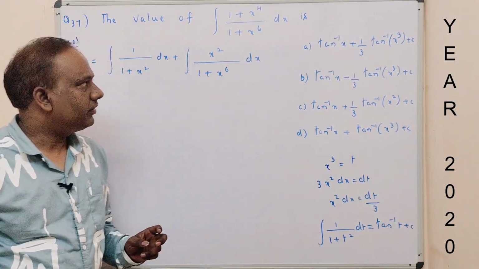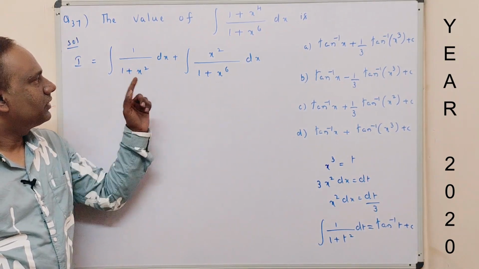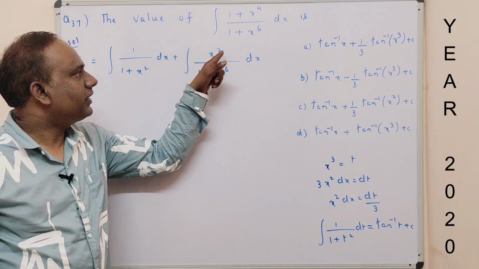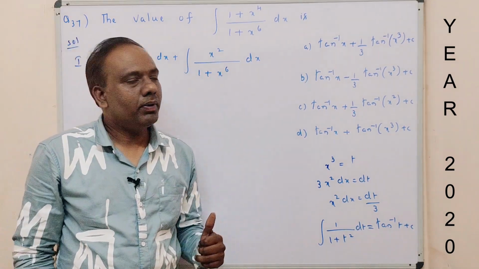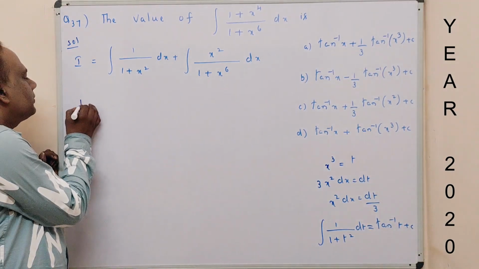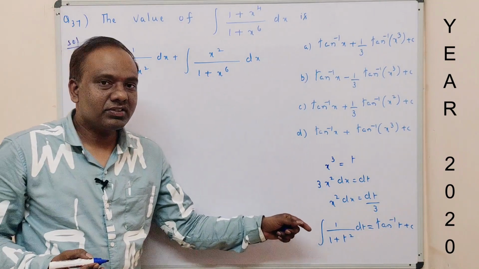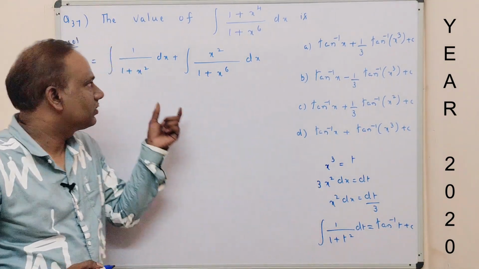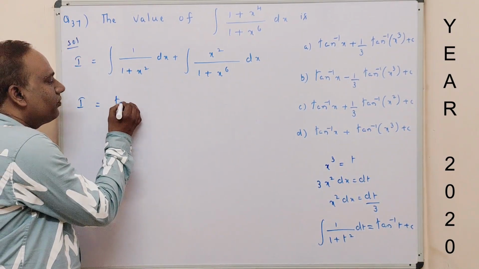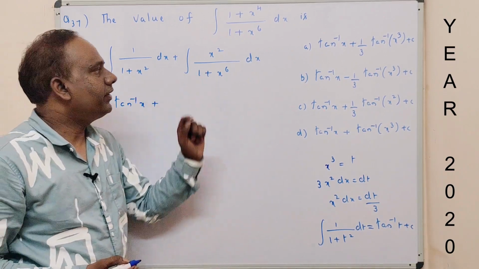Here, I is equal to the integration of 1 by 1 plus x square into dx and the integration of x square by 1 plus x power 6 into dx. So I is equal to the integration of 1 by 1 plus x square, which is tan inverse x. So this integration is tan inverse x plus, so here